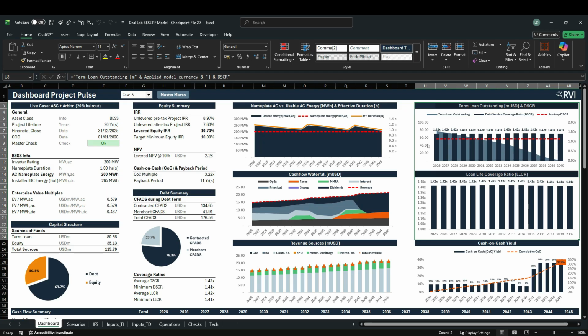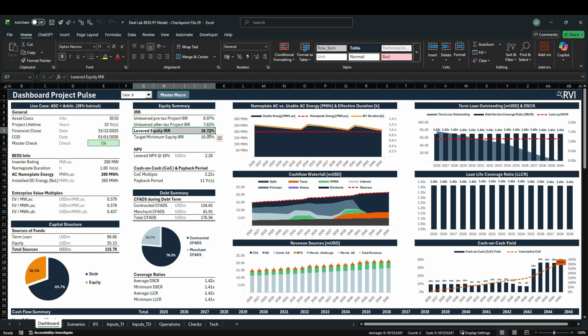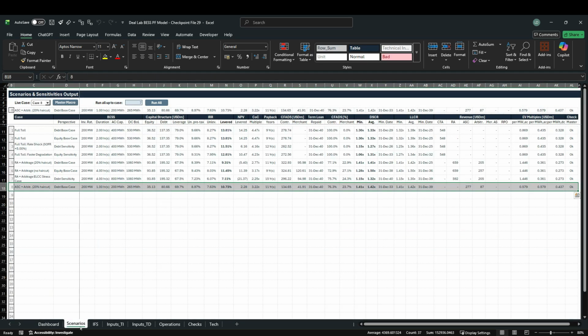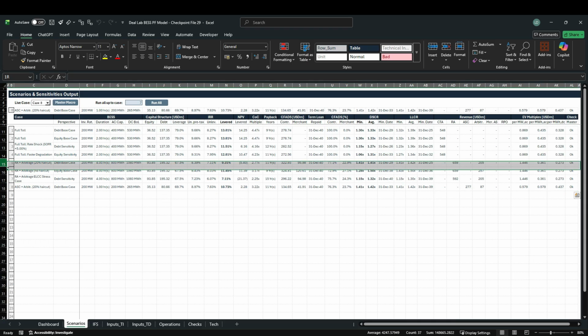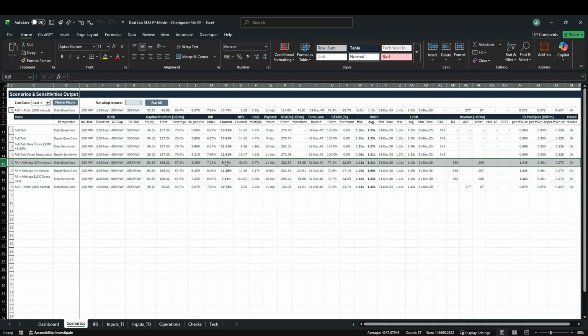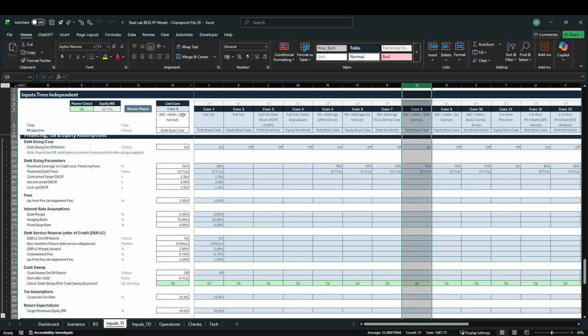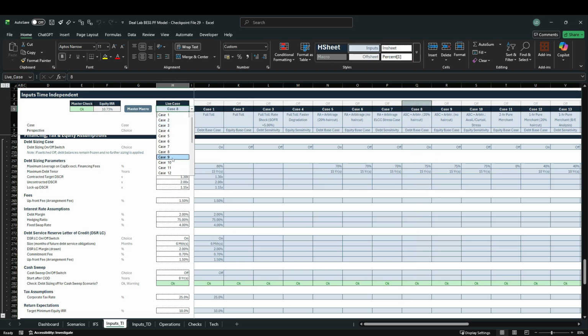and we are again closer to our 1.3 contracted DSCR over our 2.0 merchant DSCR. Our levered equity IRR in this case is already above our hurdle. So if you recall from our scenarios sheet, in the previous lesson, our levered equity IRR in the debt sizing case was not above hurdle. So that is, from an equity standpoint, already a good sign that we meet the hurdle in the debt sizing case. So let's see how much the uplift will be once we actually turn on the equity base case, which